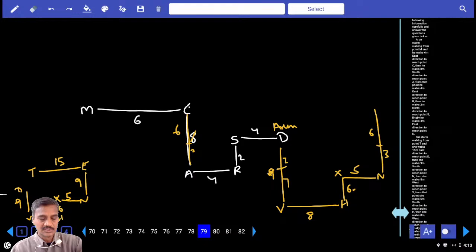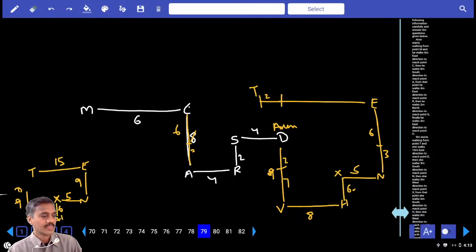After 9 meters, this is point E. From this point E, 15 meters: 8 plus 5 is 13, and 13 plus 2 is 15. And finally we reach point T. Now Siri started from this point. Done with this? Then